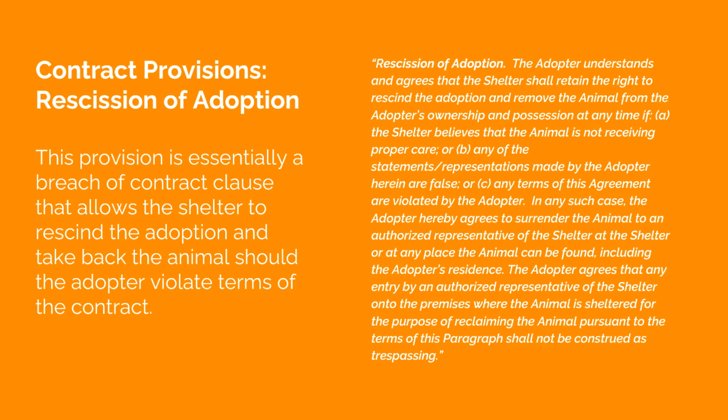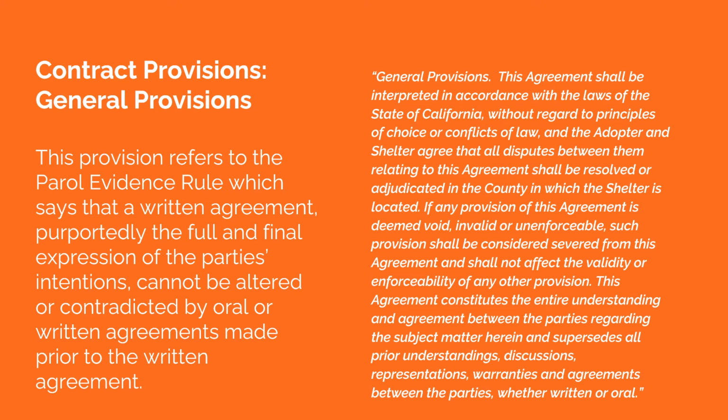Most shelters are concerned with intentional abuse, neglect, or cruelty, and very rarely invoke such a provision of a contract. But they do put it in there in the interests of the animal's welfare. The third contract provision I wanted to highlight was the general provisions. And this provision refers to the parol evidence rule, which says that a written agreement is the full and final expression of the parties' intentions and can't be altered or contradicted by any oral or written agreements made prior to